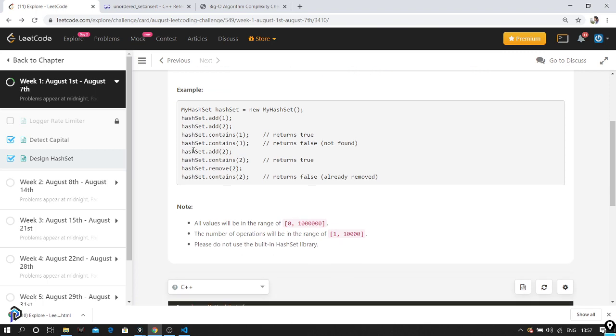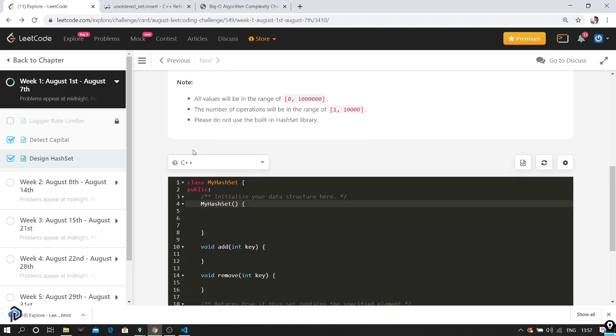We need some data structure to store these values. The range given to us is 0 to 1 million, so these are the possible values, and the total number of operations is going to be 1 to 10,000. Since the range is quite small, we don't have space limitations here, and we can take that to our advantage.